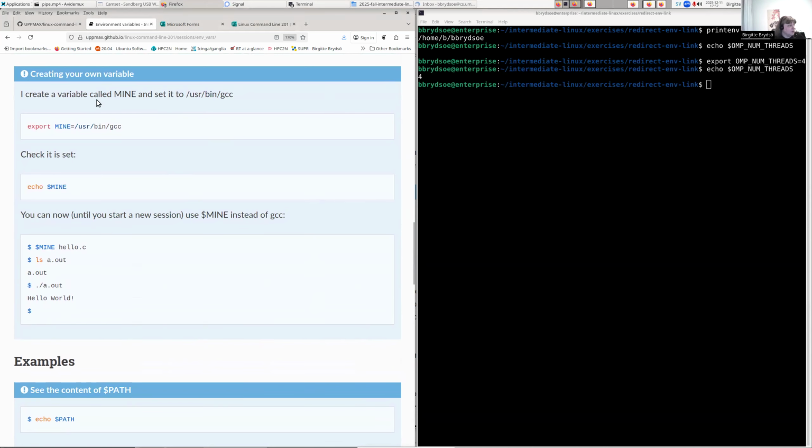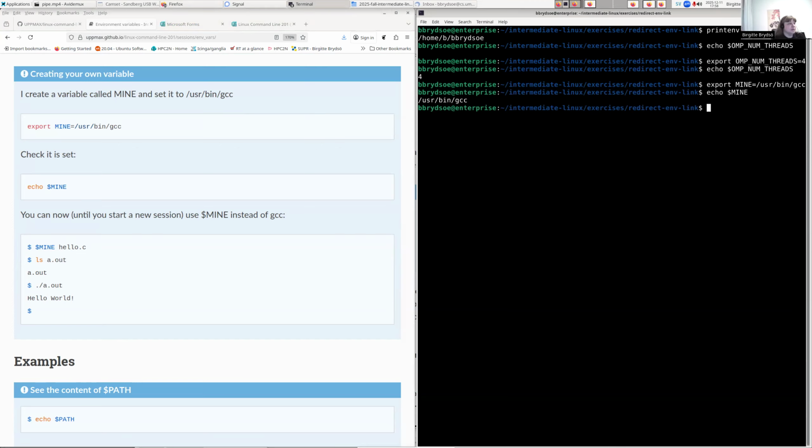And if you wanted to create one, then in this case I'm calling mine, and I set it to /usr/bin/gcc. So I say export mine equals, and then /usr/bin/gcc. And I can see what it is set to with echo $mine. So it's set to /usr/bin/gcc. And now, until you have started a new session, you can use $mine instead of gcc because it is set